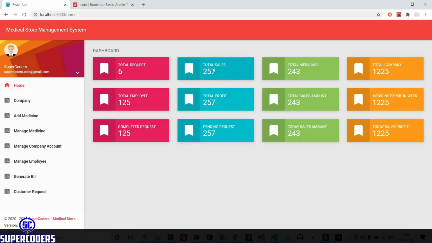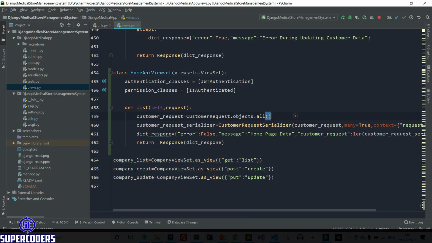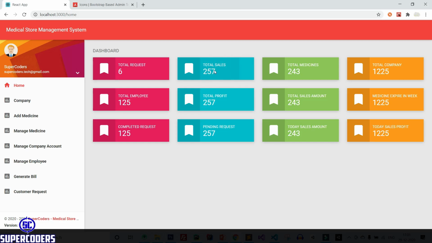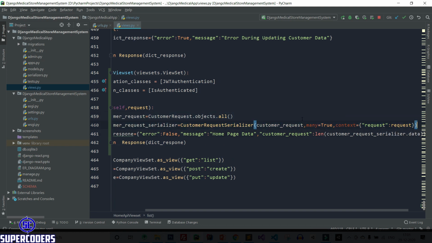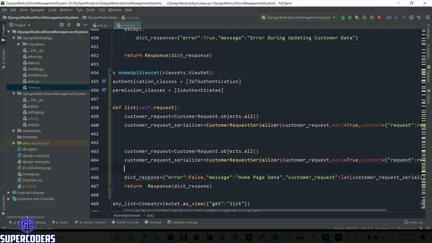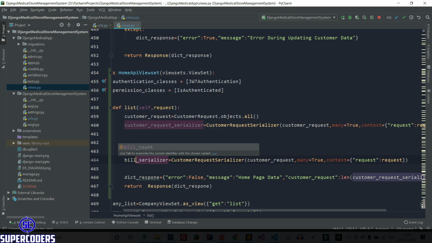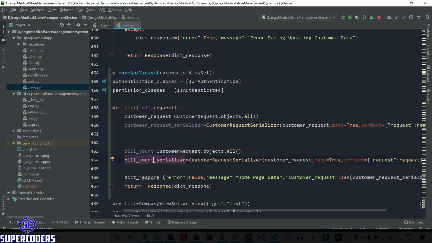Now second is our total sales, so work on total sales data. Again, simply copy it, paste it, and change this to bill count, and here bill count serializer.